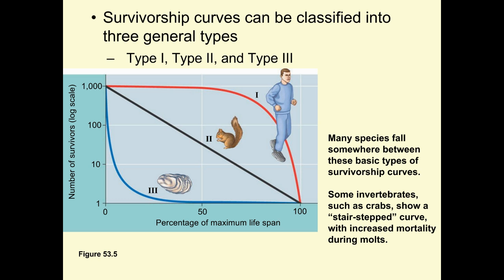Where type 3 is an R strategist. They don't try to take care of their offspring. They say, hey, listen, let's have thousands and thousands of offspring and see who survives. That's an R strategist. Did anybody kind of figure out where the R and the K come from? They kind of seem like weird terms. Did anybody notice anything of where they saw the R and the K in your completing the facts?